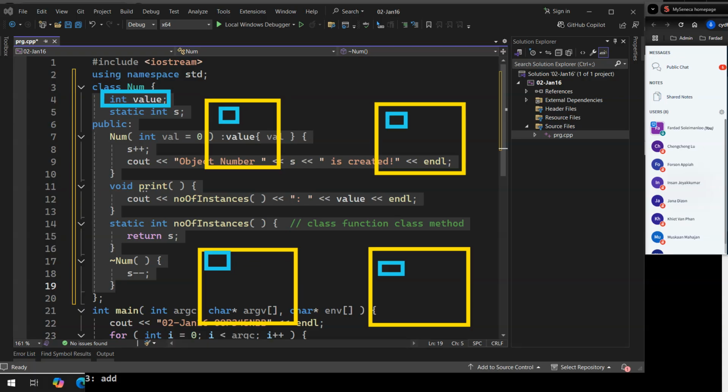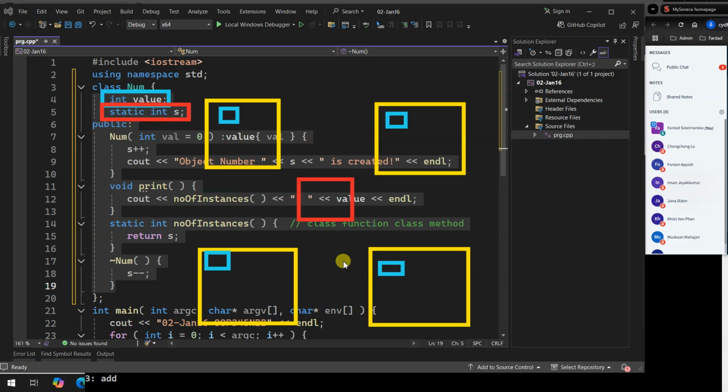But because s is not a regular variable and it's static, only one instance of it will get created. So essentially, it belongs to no one, and it belongs to everyone. They all share the same value.